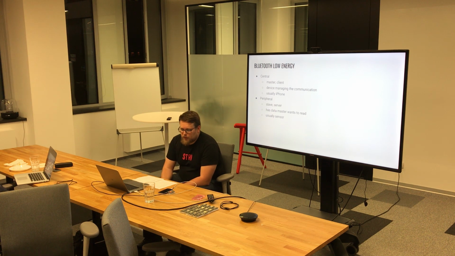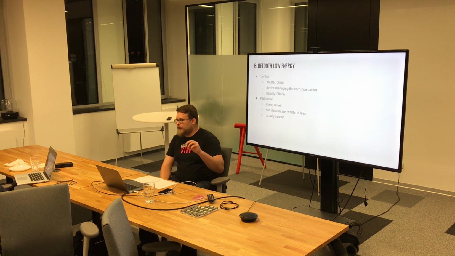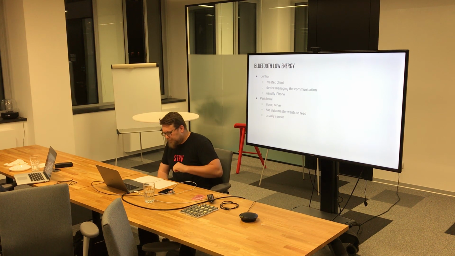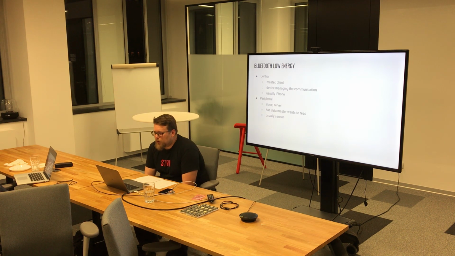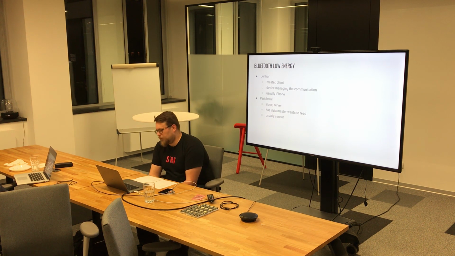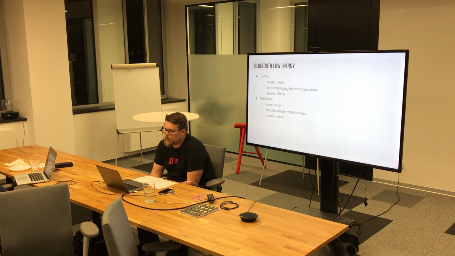And peripherals are usually the little devices that you are reading data from. For example, this one, which you will get your hands on later. And this works as a server, slave. Basically, it waits for the central to talk to it and request any data from it. It can then communicate with the client or central, create encrypted connections, and has the data that the master or central